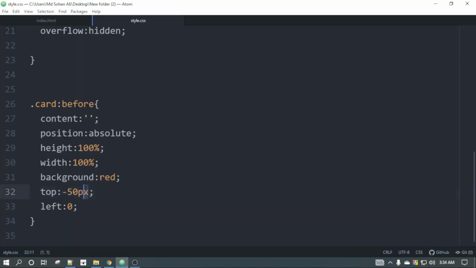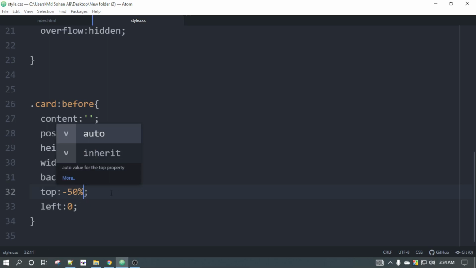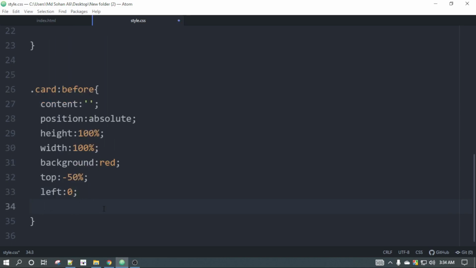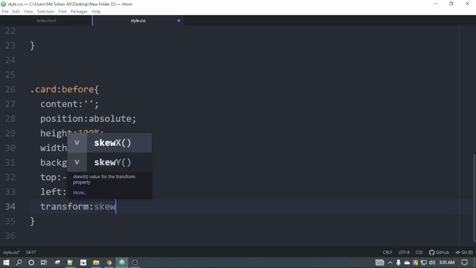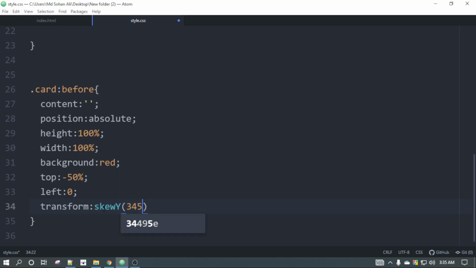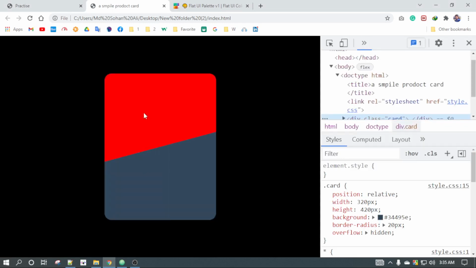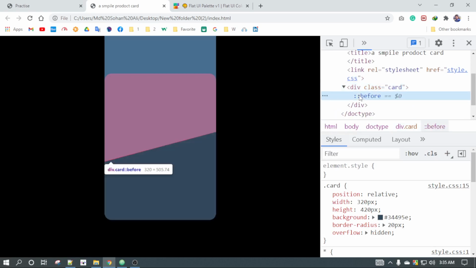Oh yes, here minus 50%, not 50 pixel. Now it is working well, and we need to give transform skewY 30 or 45 degree. Now it looks like this. So we need to change this background color, we don't want this color, so that's why